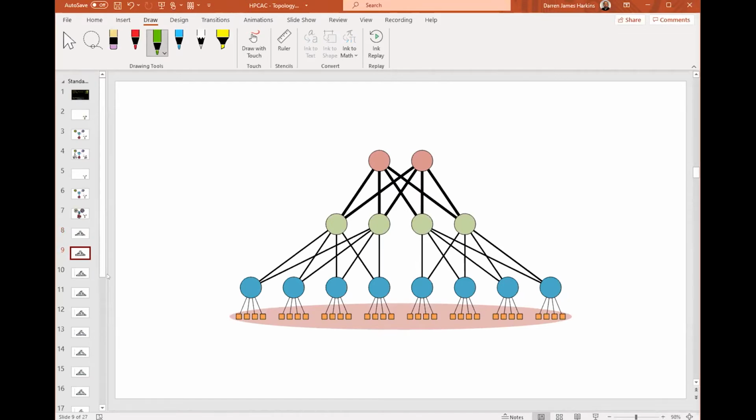We can provide an exascale system, a petascale system that runs LINPACK. It runs it very well. And you get a one with lots of zeros off the end of it on the performance, and you get a little medal, or you get your entry in the table. But that's not necessarily going to give you good science. It's not going to give you the solution that you're looking for, as in ways of actually solving problems, showing that we're doing what we need to do for the research community, and actually getting science out of the back of the system. So maybe we want to look at something a little bit different,